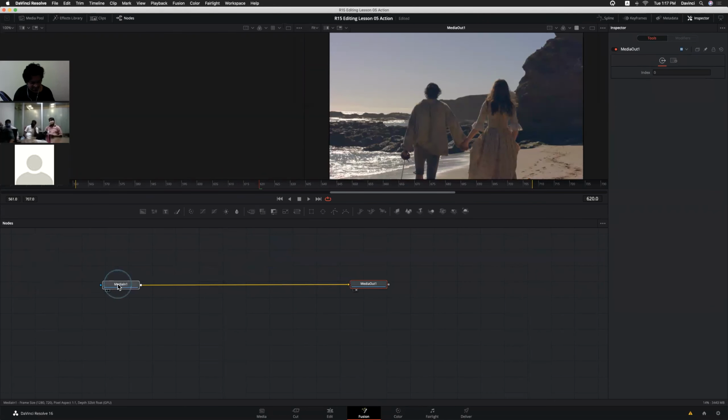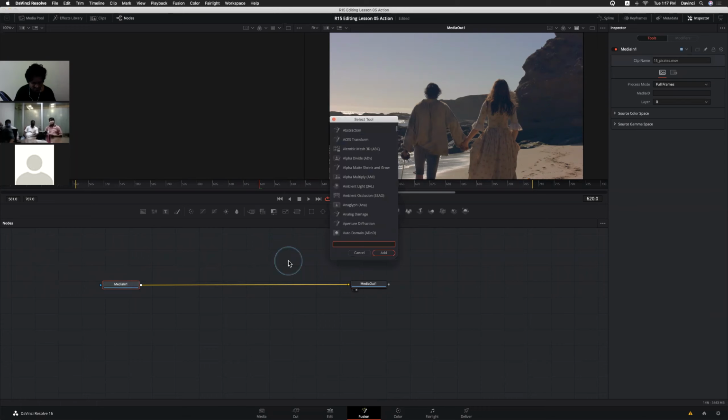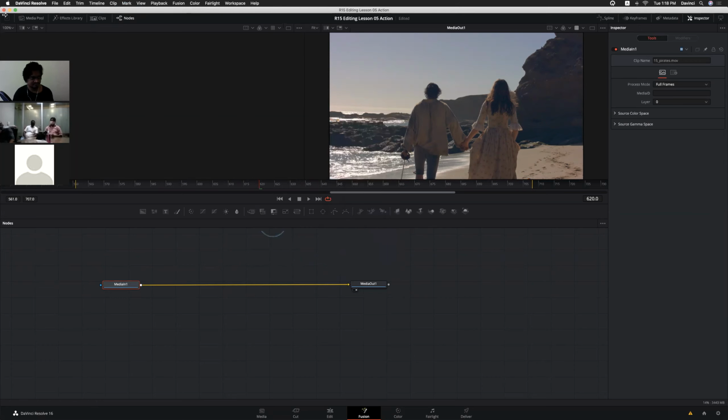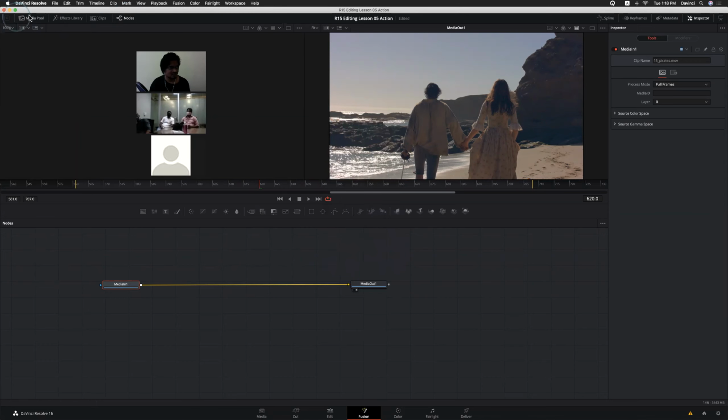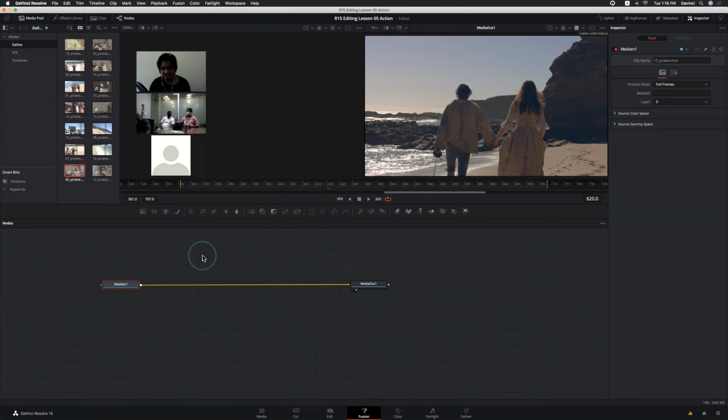And we do have lots of masking tools, mask paint, unsharp volume mask, even the trackers and the merge nodes and everything. We are going to discuss Fusion while dealing with the chroma key.